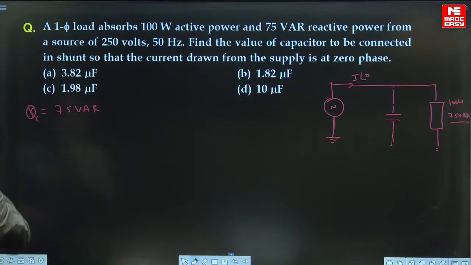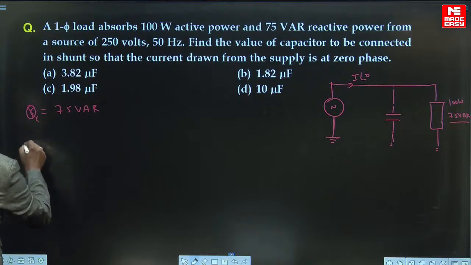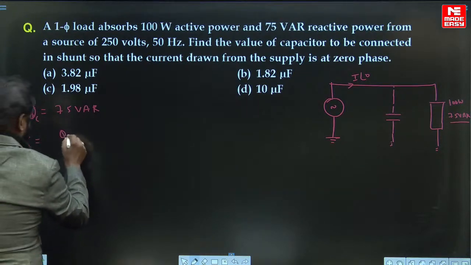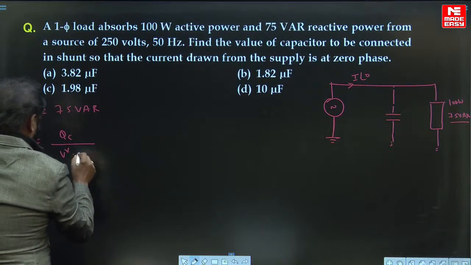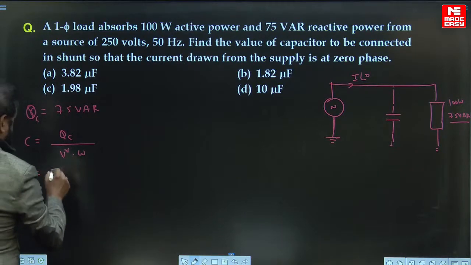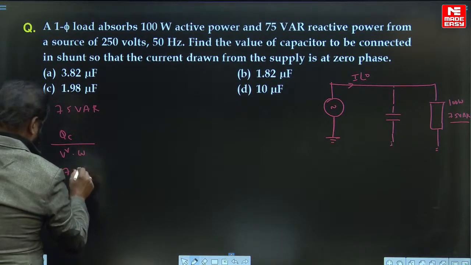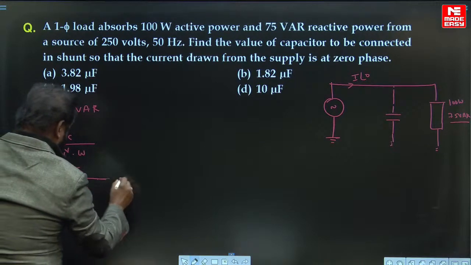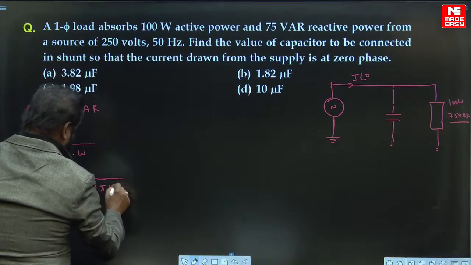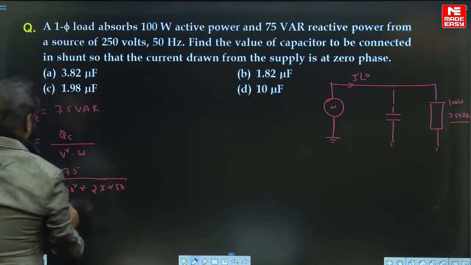Then QC is equal to V square into omega C, so C is equal to 75 divided by 250 square into 2 pi into 50, so this equals